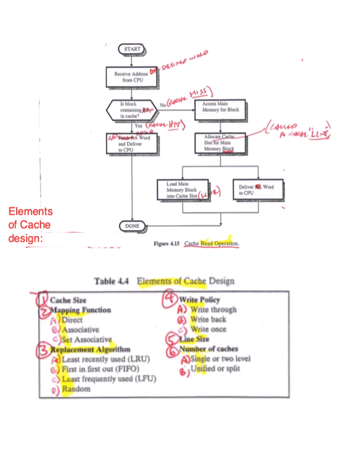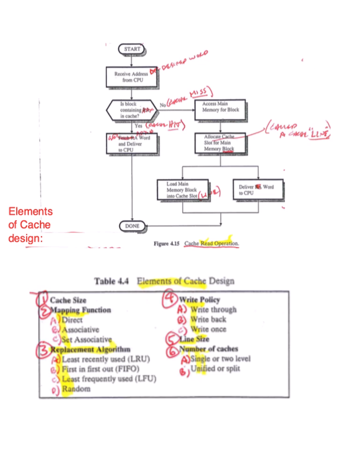Now, if there's a miss, it's a little more complicated. So you've got to go now to main memory. You've got to have already decided what size block you want. That's part of the way you've set up your cache controller and your mapping technique. And so you go to main memory and you get a block, and then you decide which slot to put it in. That's part of the replacement algorithm. There are different replacement methods. It's not trivial. There's actually a number of different replacement algorithms that we'll talk about. And so you put the block in the cache slot, the line,